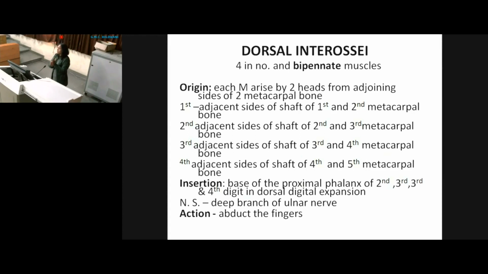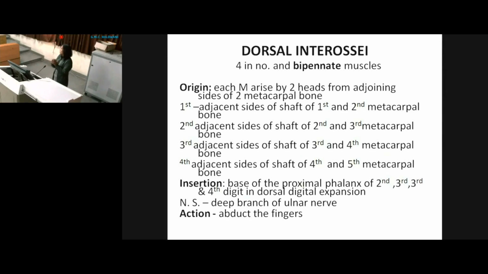Insertion again into the dorsal digital expansions, तो कहाँ जा रही हैं? They are inserted into the bases of the second, third and fourth. First में नहीं जा रही हैं, they are inserted into the second, third, थर्ड के दोनों साइड पे जा रही हैं, medial and lateral side पे, and into the fourth. Ulnar nerve, same like the palmar interossei, is supplied by the ulnar nerve, okay, this dorsal interossei is also,